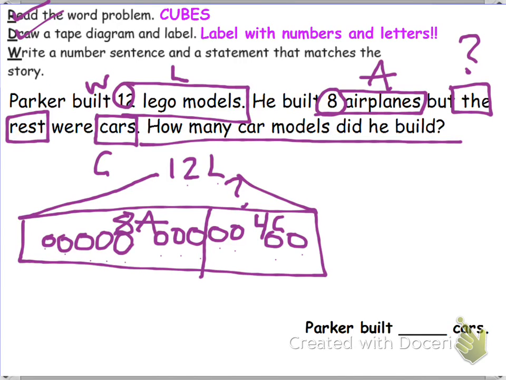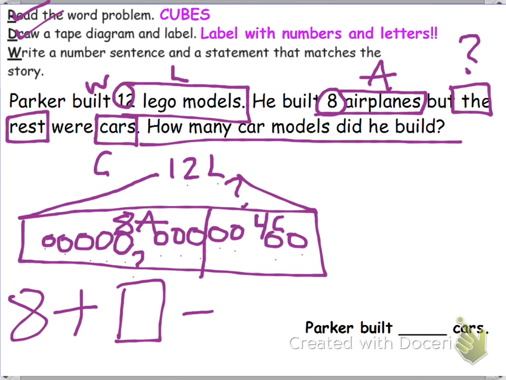Now we did our tape diagram and labeled. We had to write the numbers in it. We know it was 8 plus mystery box equals 12. But you know our mystery box was 4. So 8 plus 4 equals 12. So Parker built blank cars, while Parker built